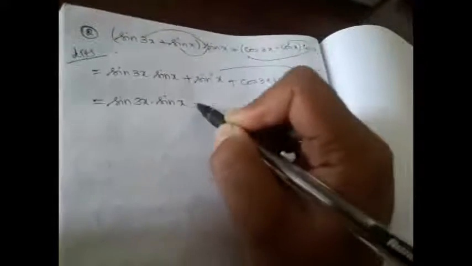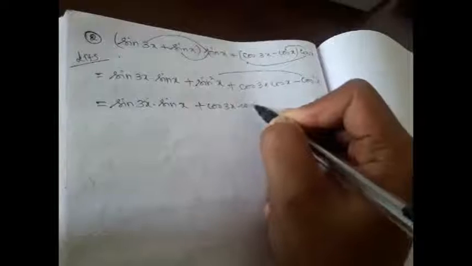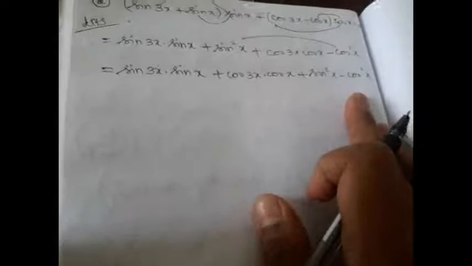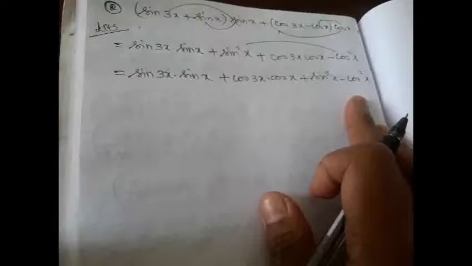So which is equal to, see we have cos square and sin square terms. So this we can write as sin 3x into sin x plus cos 3x into cos x plus sin square x minus cos square x. I told this already, when you have a sum of sin square and cos square it will always be 1, but when it comes to a difference it is the cos 2a formula, but you have to check the order in which they appear, because cos 2a is cos square a minus sin square a. Okay, cos square a minus sin square a.